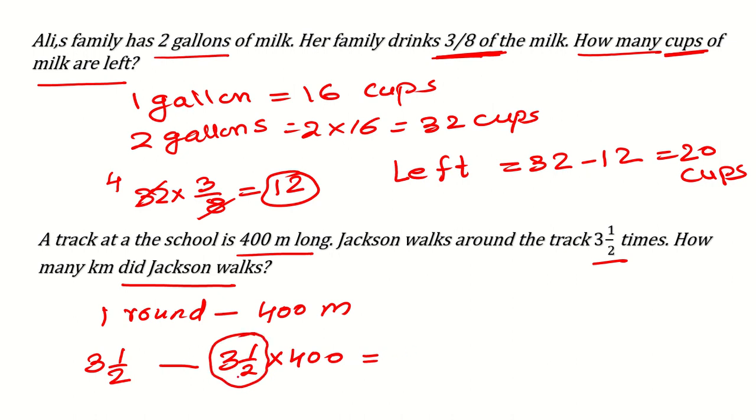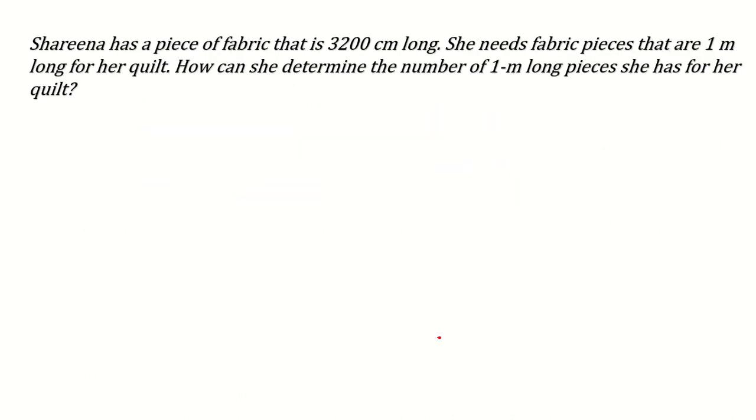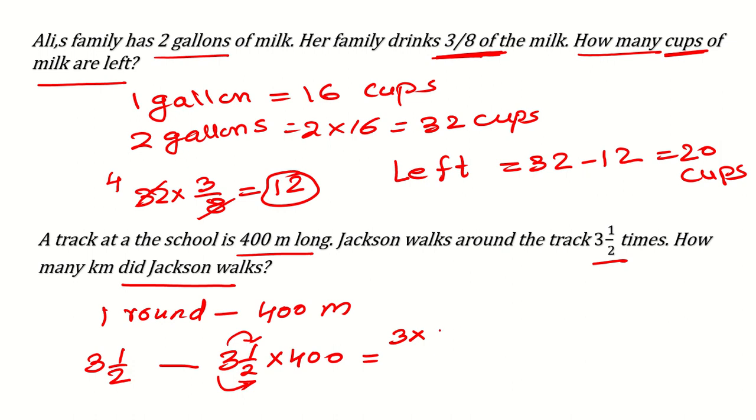Okay, so this is what you will do. How will you convert it into an improper fraction? 3 multiplied by 2 is 6, plus 1. I'm writing it for you so that you can remember it: 3 multiplied by 2, then plus 1, over 2, times 400. Now 400 divided by 2 means 200. So 3 multiplied by 2 is 6, 6 plus 1 is 7, and 7 multiplied by 200 is equal to